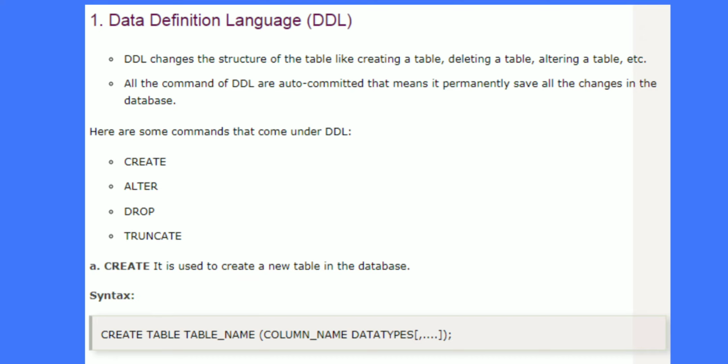The table name should be the name of the collection of data, like employee, you write employee; or student, or for the CSE branch. In brackets, column name, data types. Column names are like serial number, name of the student, or employee name, employee ID. These are called columns. And for the data types, if it is a number, we call it a number data type.